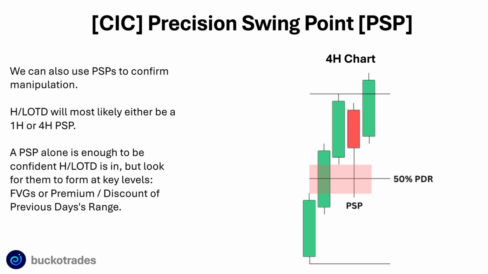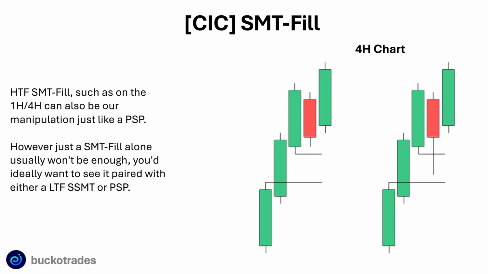Now the final way that you could confirm the high or low of the day is in, and confirm that daily bias, will be through an SMT Fill, which is another quarterly theory crack and correlation. This is where one asset fills a gap and another asset fails to fill its exact same gap. So a high time frame SMT Fill, such as on the 1 or 4 hour, can also be our manipulation, just like a PSP. However, just an SMT Fill alone